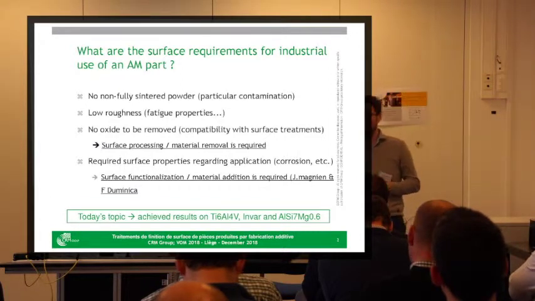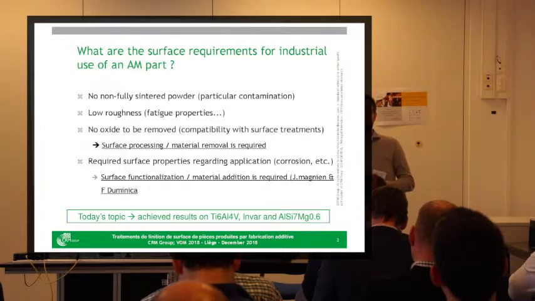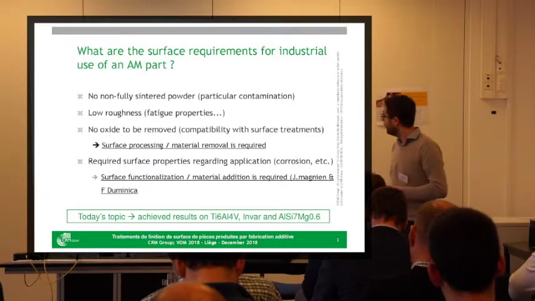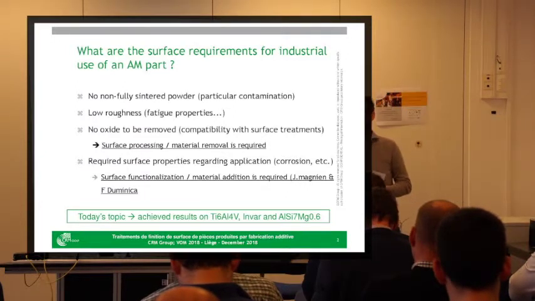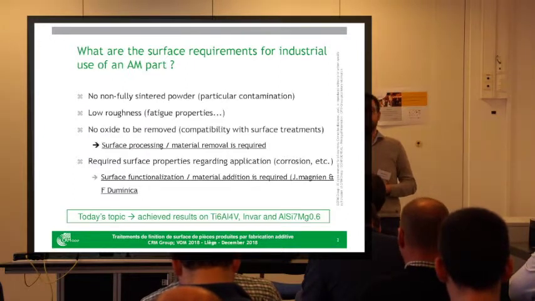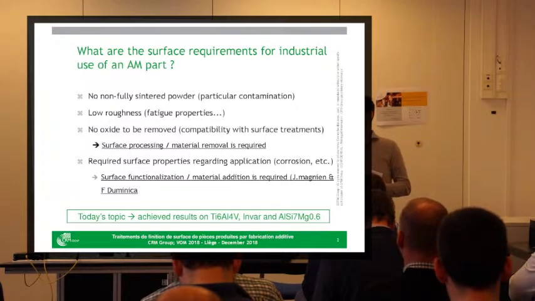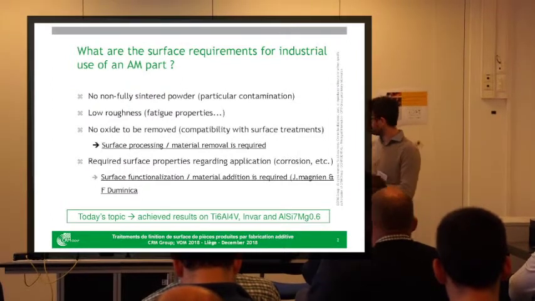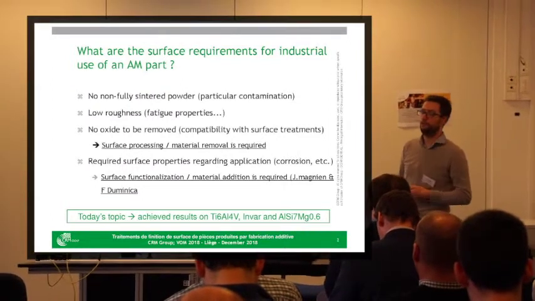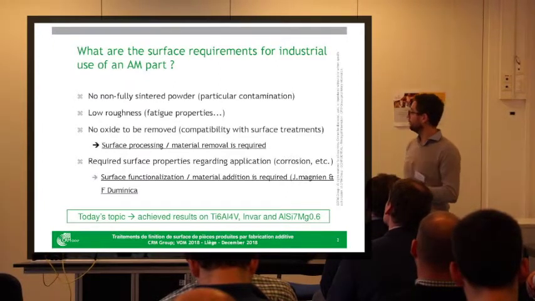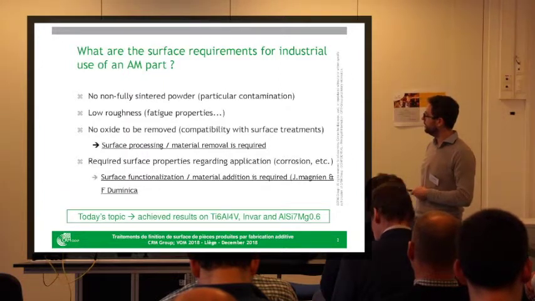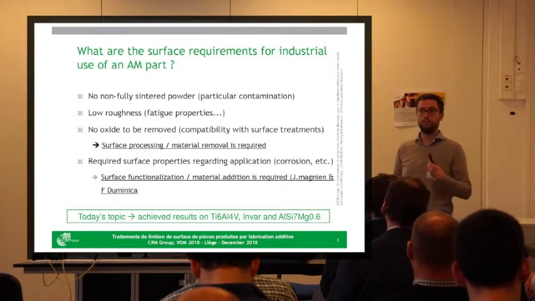The second reason is low roughness, which is not achieved using additive manufacturing, so the mechanical properties are not that good. Another reason is that if we want to do a surface functionalization after the production of the part, we should have a surface that is compatible with that surface treatment. So there should be no oxide on the surface, which is not the case for parts produced in additive manufacturing. So it calls for surface processing, namely a material removal step, which I'm going to talk about